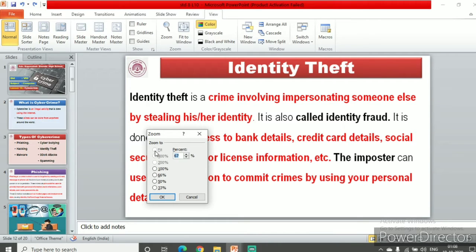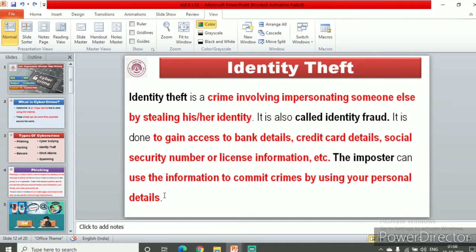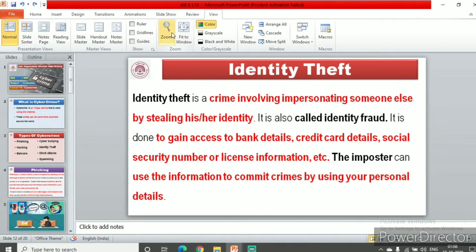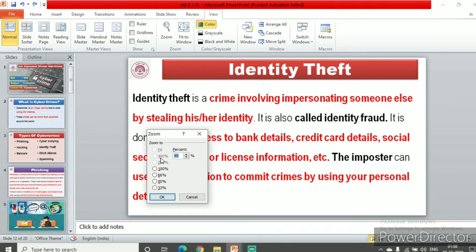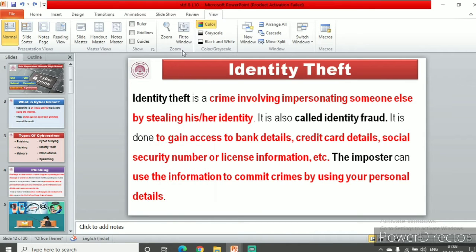You can make it fit, so it will just fit in. You can have 100%, you can have 66, you can have 50, you can have 33. So I'm selecting 66%. You can have fit to window also. Zoom to whatever percentage you want, or you can have it fit to window.